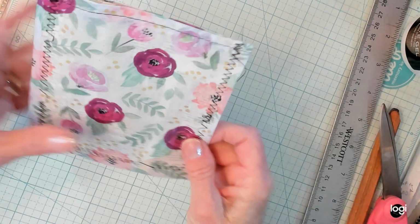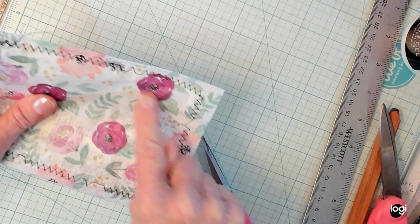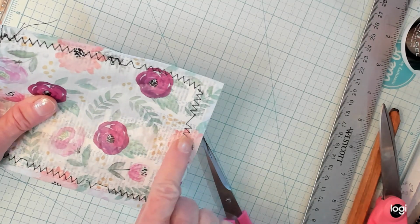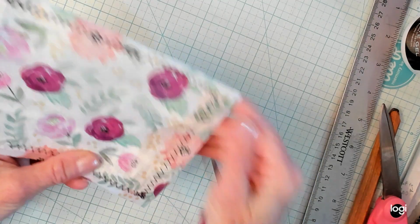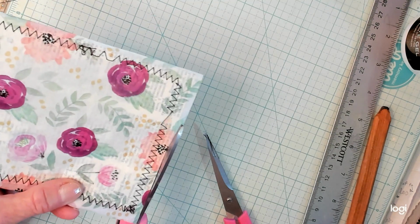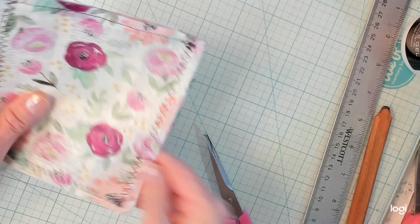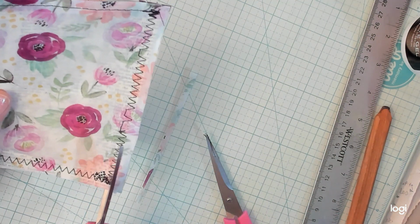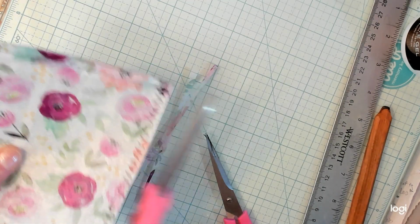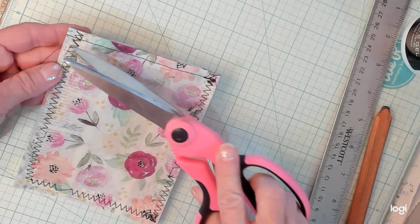Okay, you guys, I gave it a stitch all the way around. I don't know what's going on with my sewing machine right there. I had to restart it there, but I don't know what's happening there and there. But we're not going to worry about that. That's just going to add some character to this bag. I'm going to trim it just a little bit, and I'm going to trim it just a little bit on this side as well. Just like that. So now you have a bag,